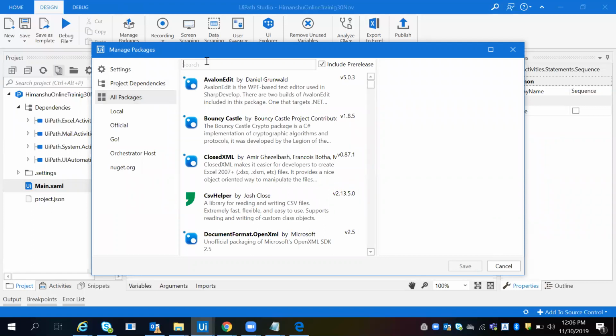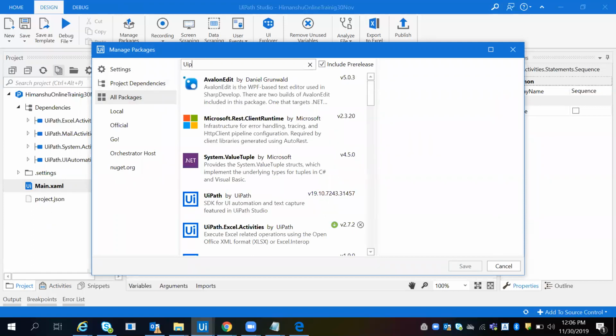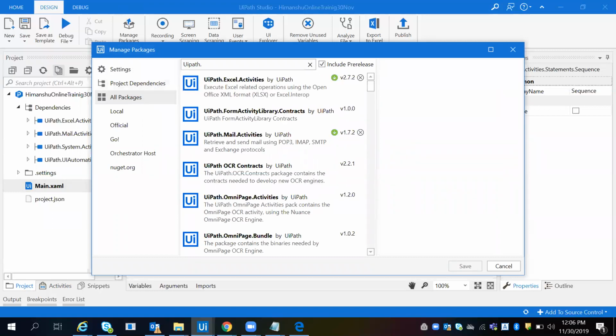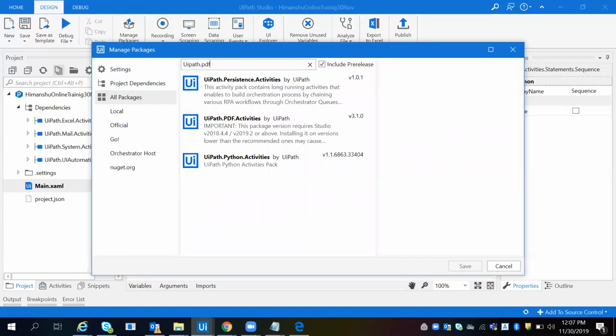What we have to search, UiPath dot. Suppose if you want to install the PDF, you can search UiPath.pdf.